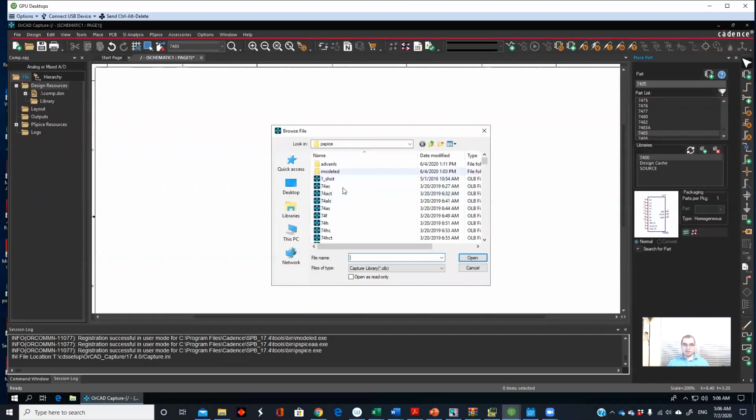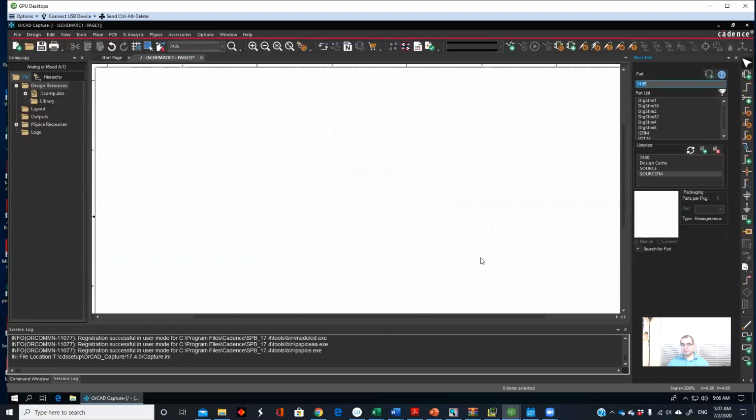We need to add another one. If we go here, this would be source STM. So we need to add this one here. Now let's see how we can simulate the